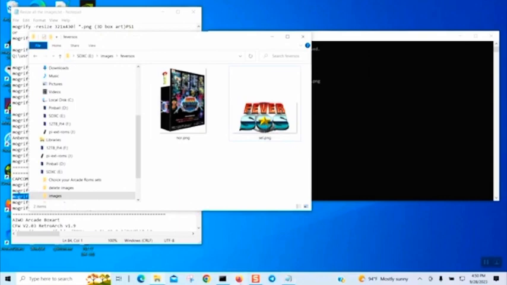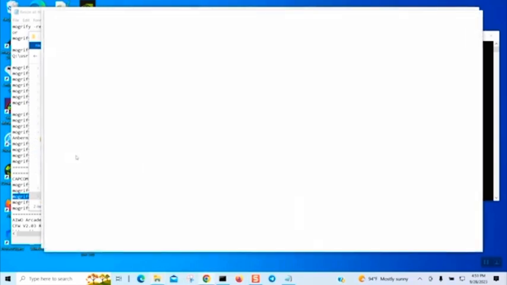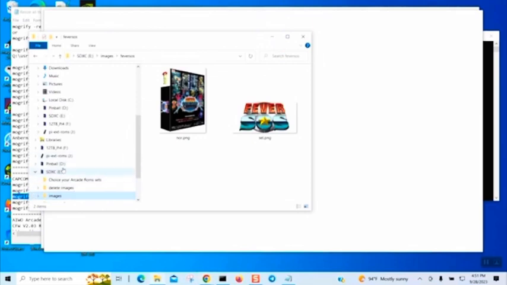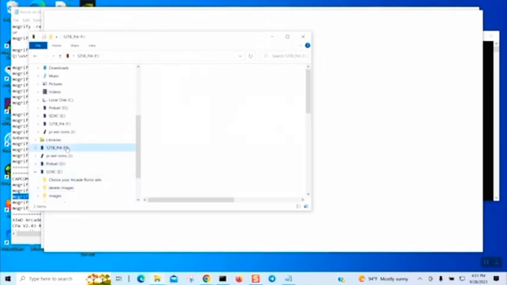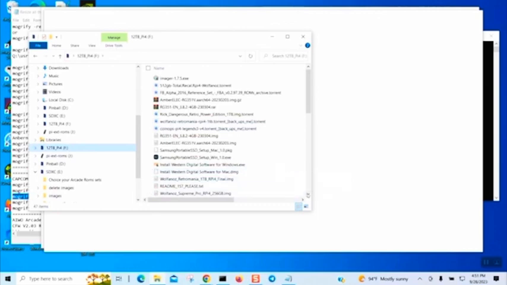There's 2 ways to do this. You could search for it, which I already downloaded, but you could search for it. Let me go to my drive. I already have it because I downloaded it, but let's see which one loads faster. Either way, I'll show you both ways. Okay, so I need to go to my F drive and scroll down